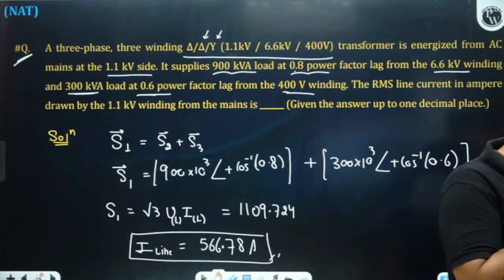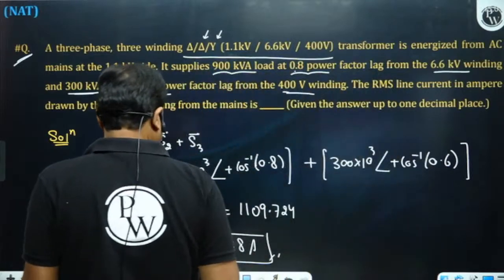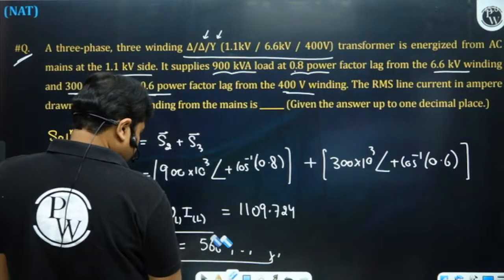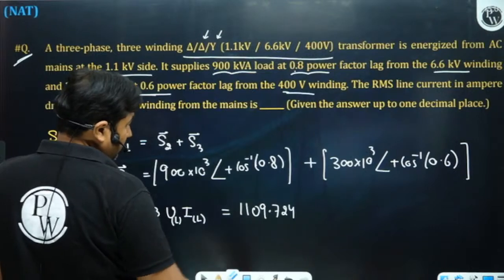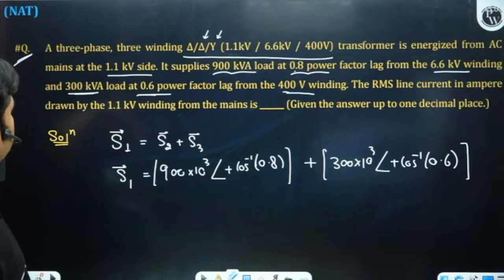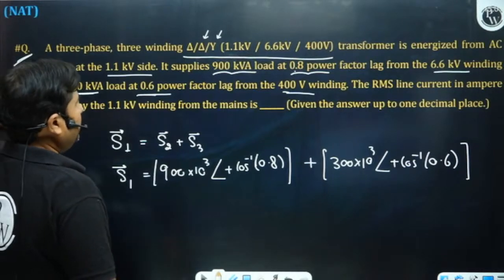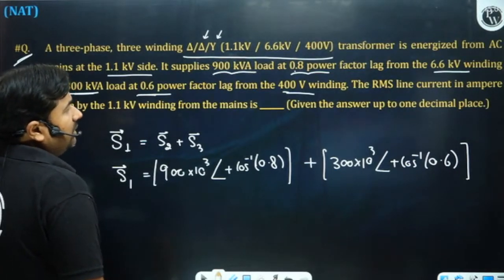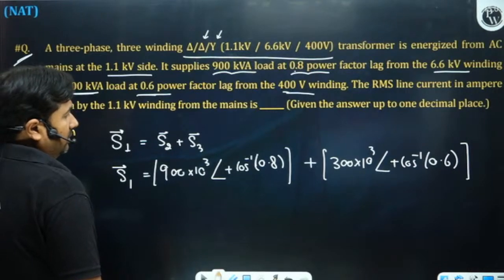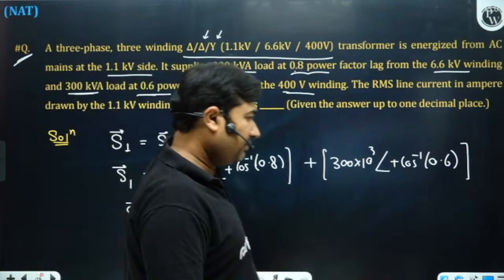I have made some mistake. I did some mistake. Input kVA is okay. 900 kVA at 0.8 power factor lag and 300 kVA at 0.6 power factor lag. So input kVA will be equal to